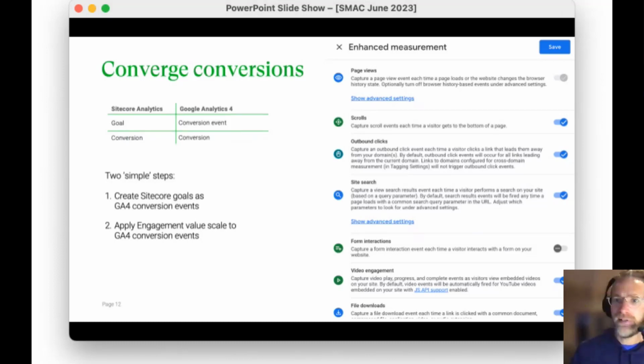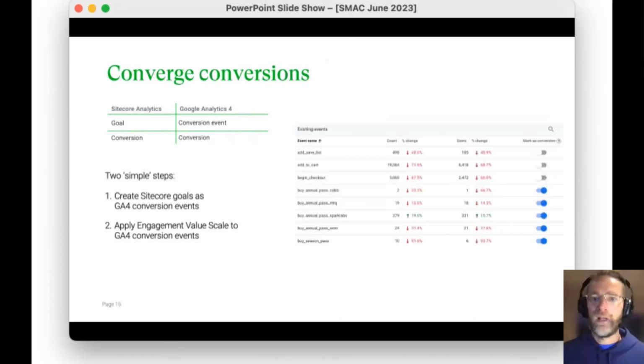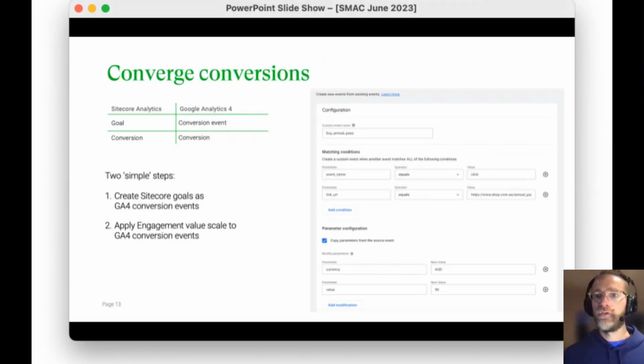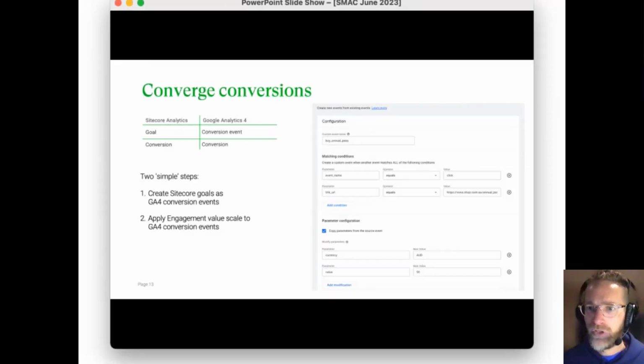But for our purposes, when we want to add our engagement value to the events, we have to create a custom event based on an out-of-the-box event. So the screenshot here on the right shows an event based on an outbound click to a shop page. And then we're going to be adding additional parameters of currency and value in order to build out our engagement value scale within GA,